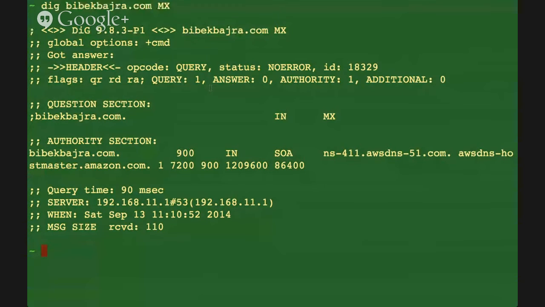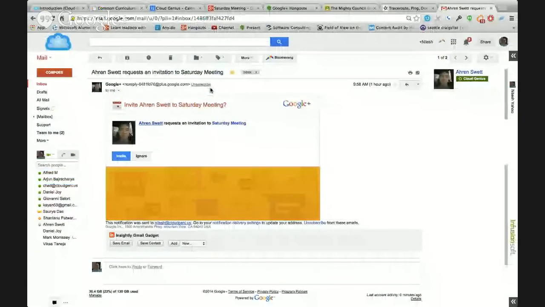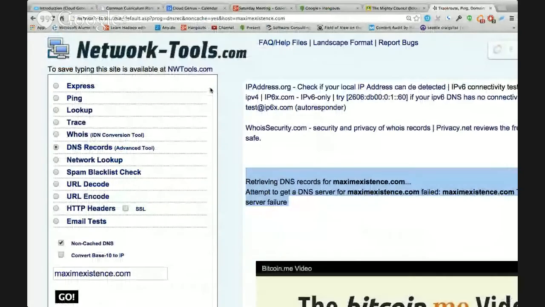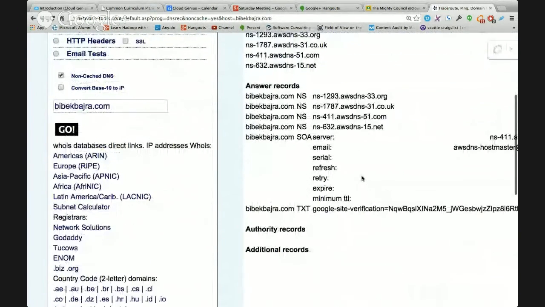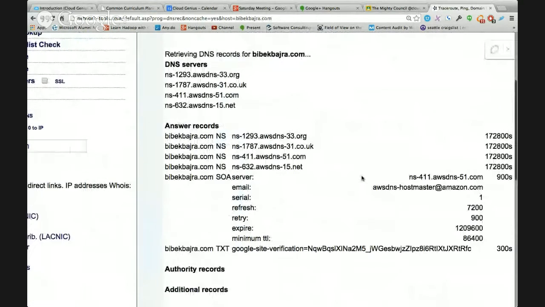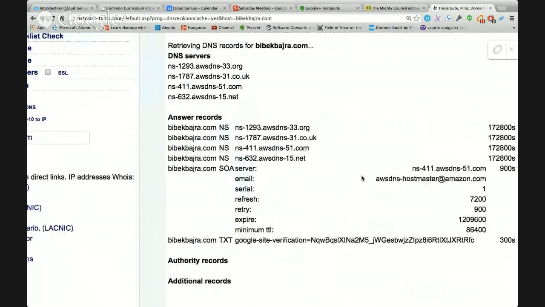Do you see that, Vivek? Yes. So Vivek says yes. And that is the problem I think we need to solve. The problem we need to solve is making sure that our NW Tools thing, with vivek.com, should show us MX records, but it is not showing yet. It is showing only name servers correctly and TXT records correctly, but it is not picked up MX entries yet.